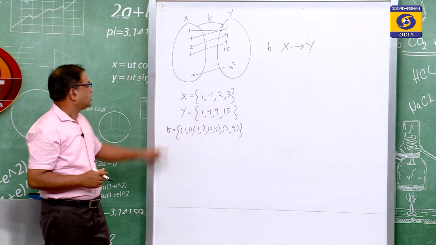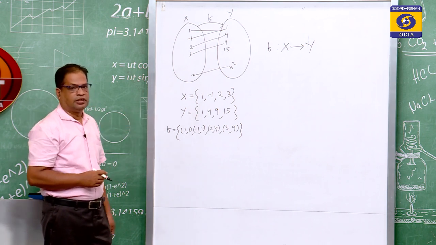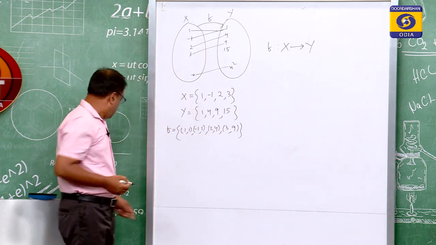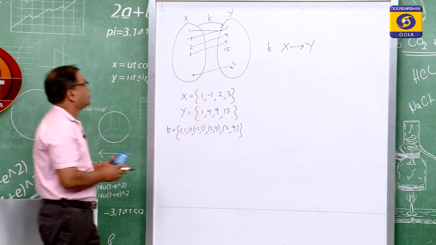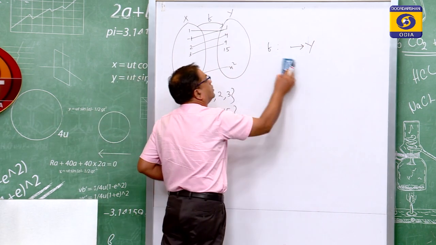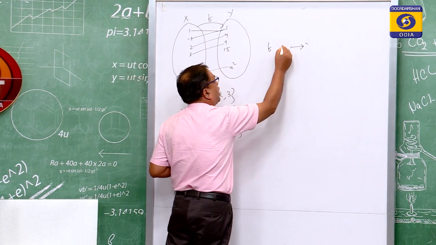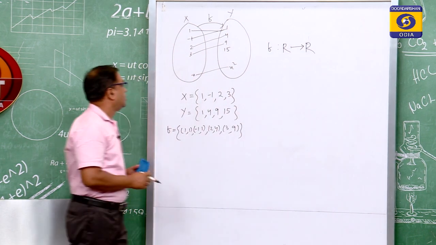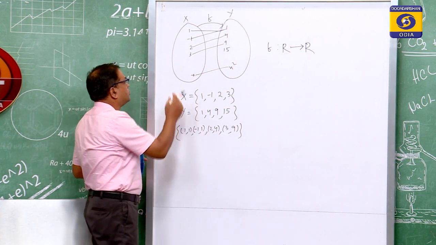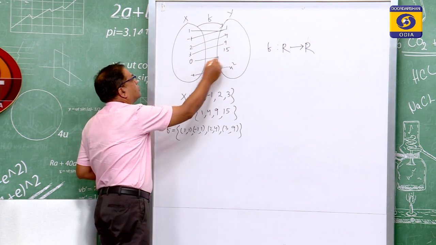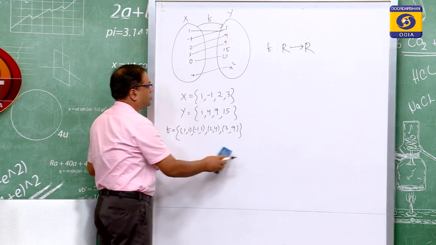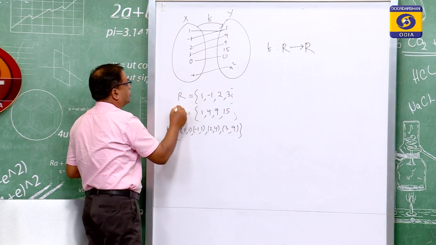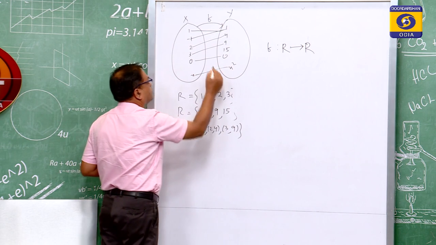This is nothing but x goes to x square. Now, X and Y are two finite and very small sets. Now, instead of small sets, suppose you take a function from R to R, then there are also many real numbers. 0 can go to 0 because square of 0 is 0.